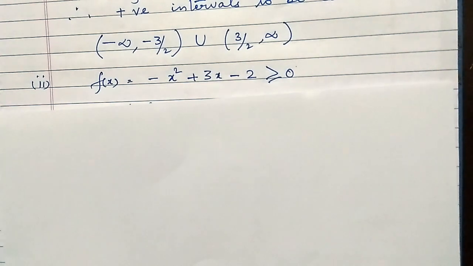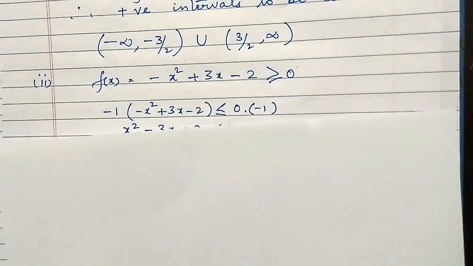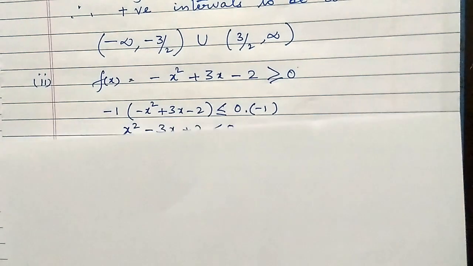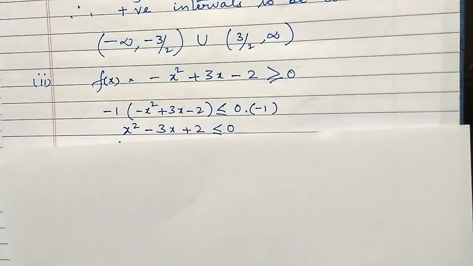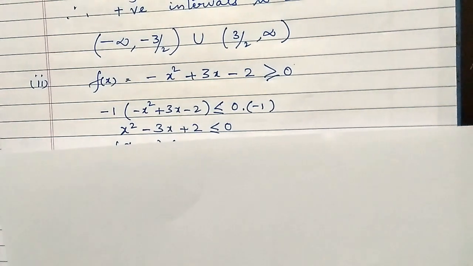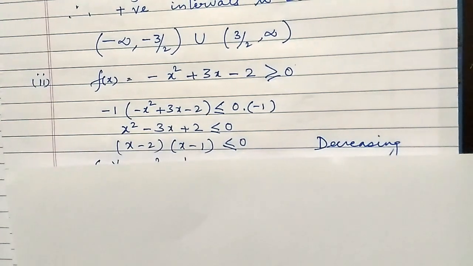That is what I am going to do here also, because I have been given the variable as negative. So therefore I am going to multiply by minus 1 on both the sides, and when I do that, my statement changes to x square minus 3x plus 2 being now less than or equal to 0. Now you should make a note over here that it was given to you greater than or equal to, now it is less than or equal to. So therefore now factorize it and you get x minus 2 times x minus 1 being less than or equal to 0.